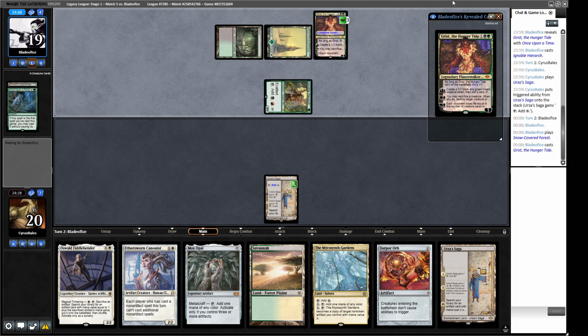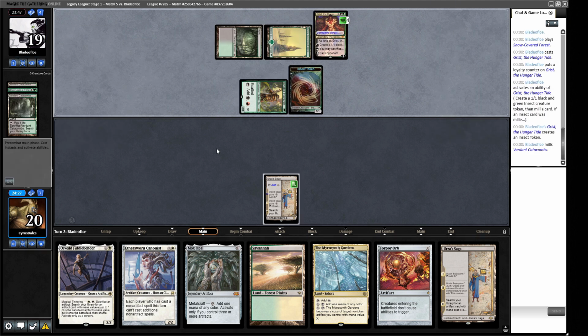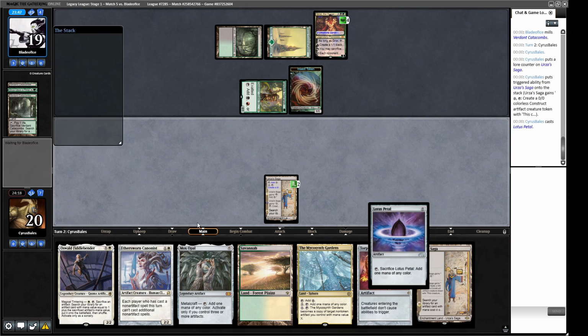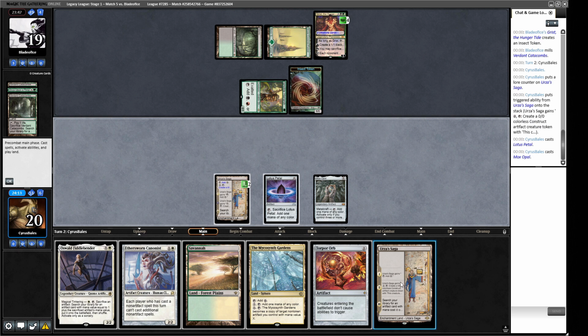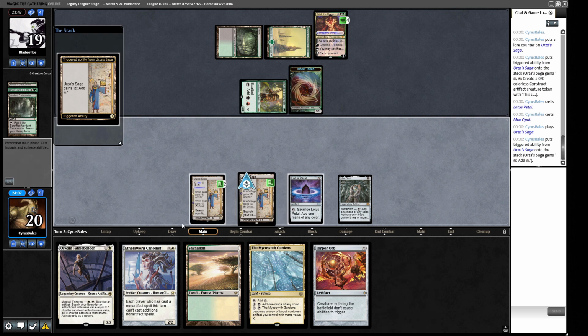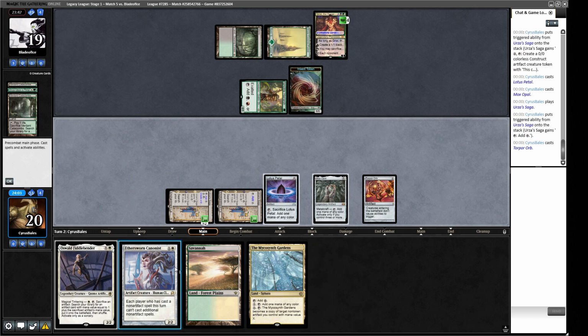There's the Grist we know about. They're going to make a guy. This will kill one of our Dreadnoughts, unfortunately. Right, so we play out this Lotus Petal. Play this Mox Opal. Play this other Urza's Saga. Let's have a look. Yeah, no, I think we do this. And then we jam this. And I think I'm going to jam...